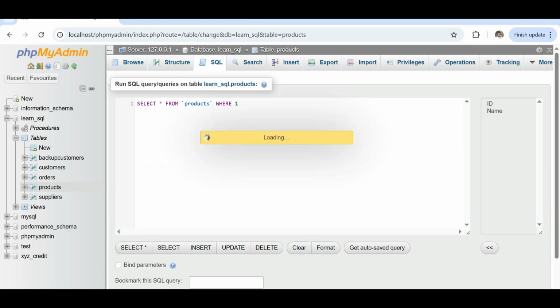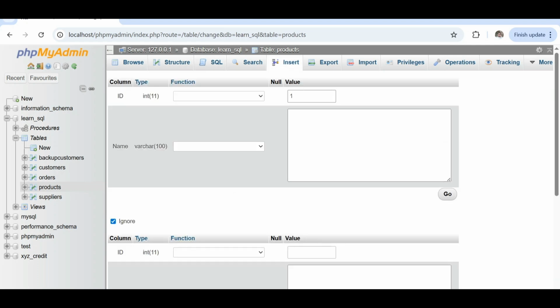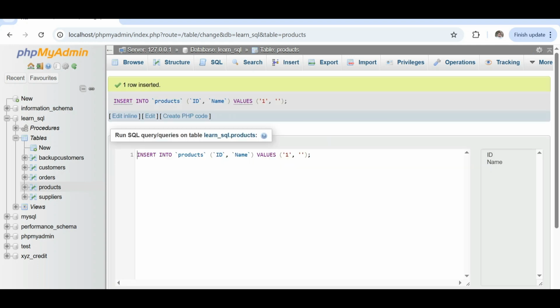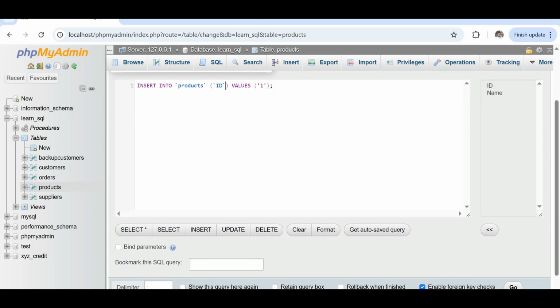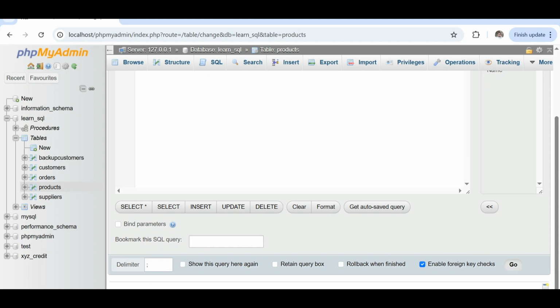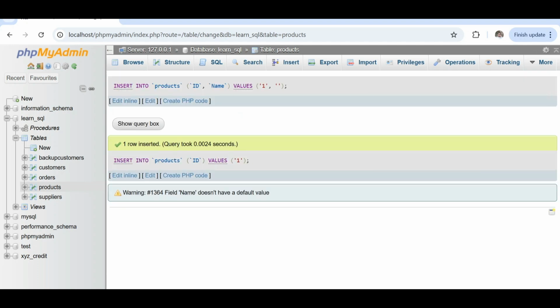For example, I will insert one, and the name is empty. So it's not null. Maybe I will just do it like this. That means an empty string, not a null value.